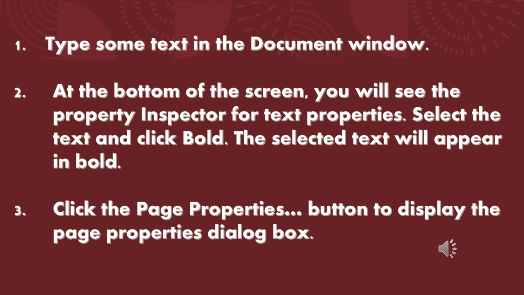Select the text and click bold. The selected text will appear in bold. Click the page properties button to display the page properties dialog box. You can make many more changes using these options in the dialog box.